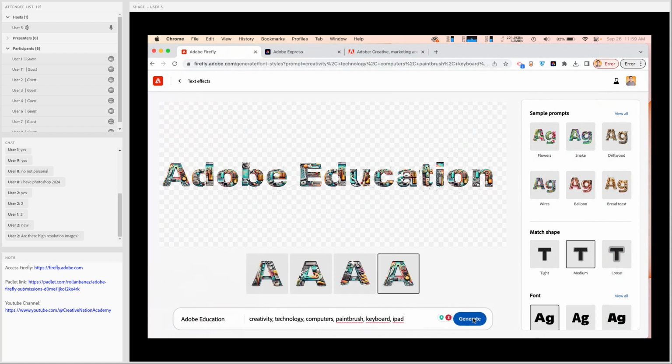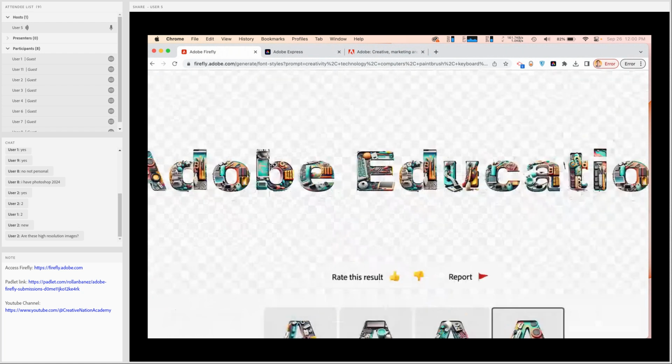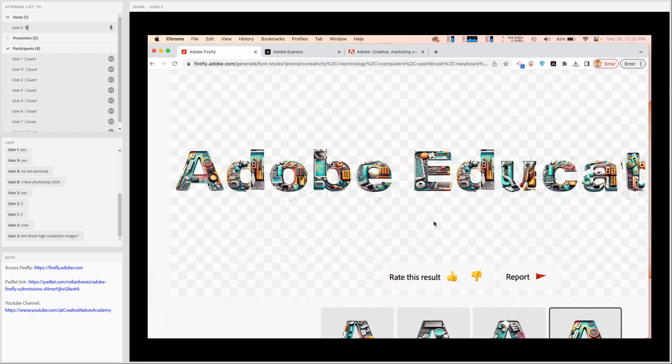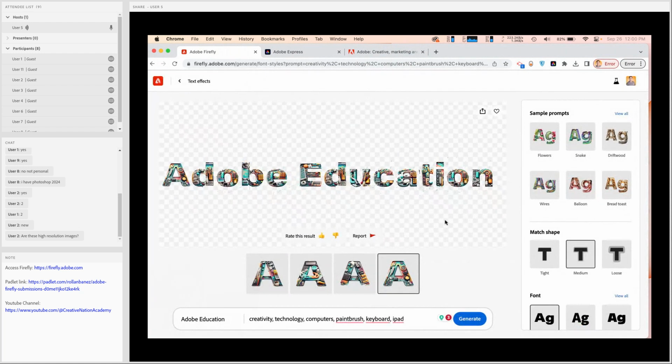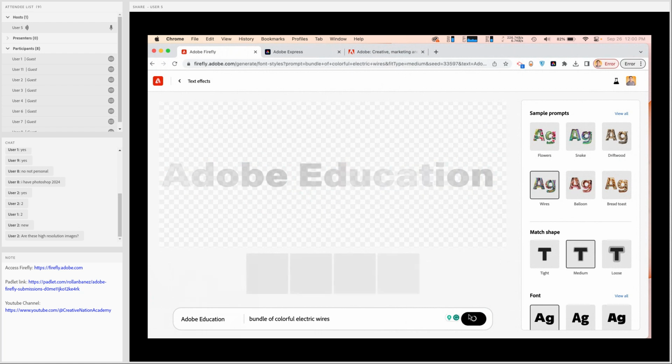Imagine if you're going to use this in the classroom, if you're going to have an activity with your students to express themselves. This will give them a way to create designs that you never think of, because this one, for example, if I'm going to just zoom in here, this will give you a lot of possibilities. And if you want, you can easily change from one prompt to another. Let's just use wires for this example, and easily it will give you the variations. If I click on generate, you can easily create this type of effects.